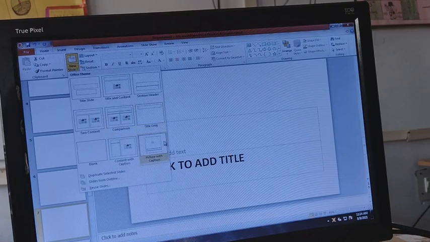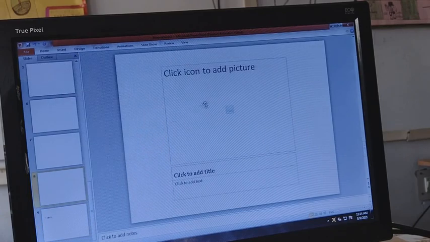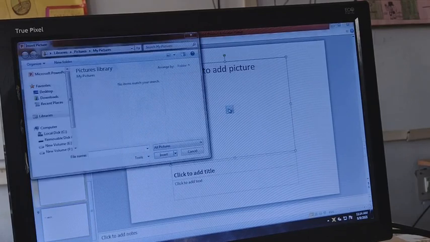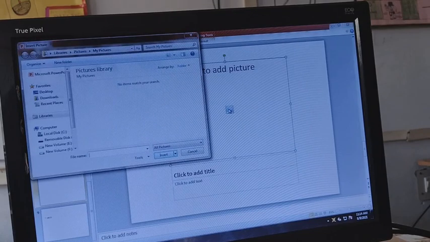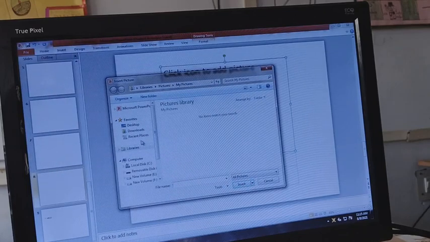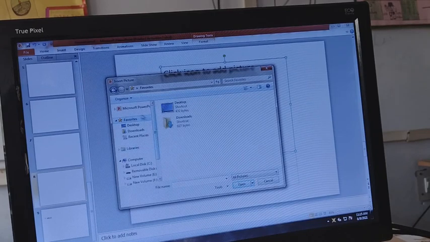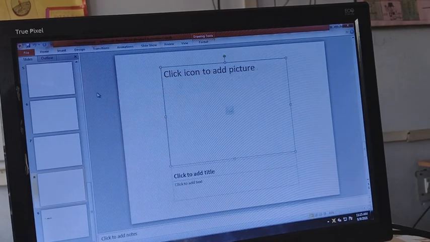You can also choose picture with caption; click here, and it gives you the option to add the picture. By clicking here, you get a pop-up by which you can select whatever picture you want. If there is a picture it will show us here. Okay, so this is one way.